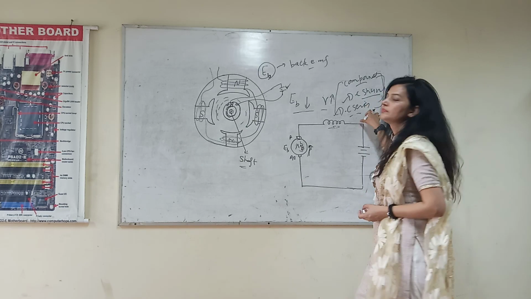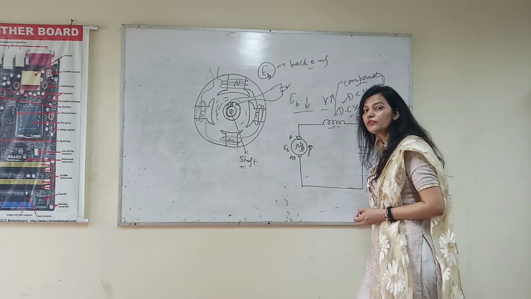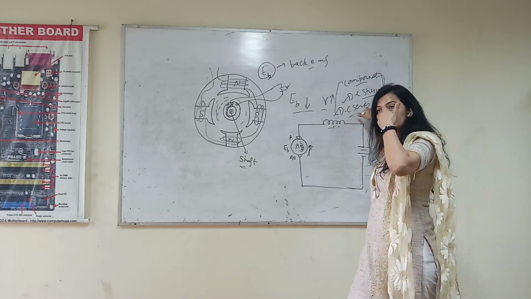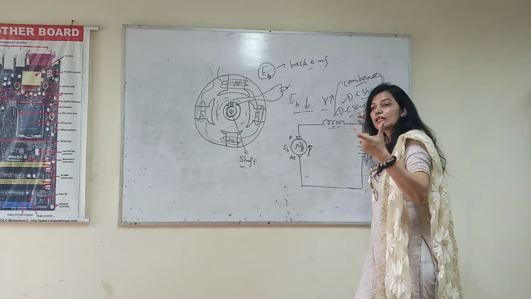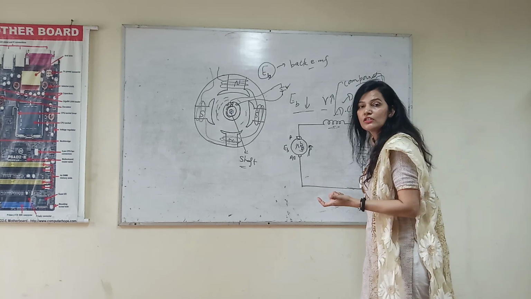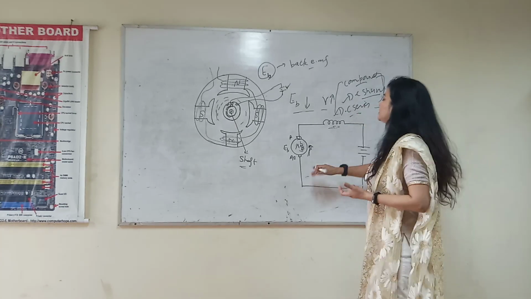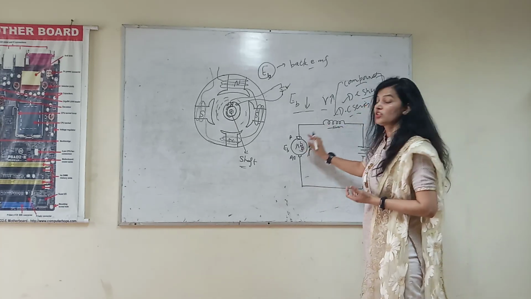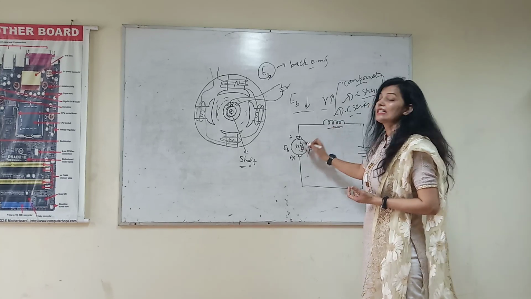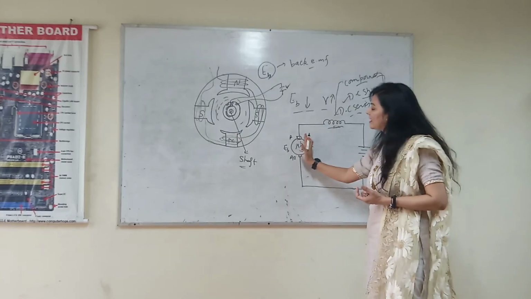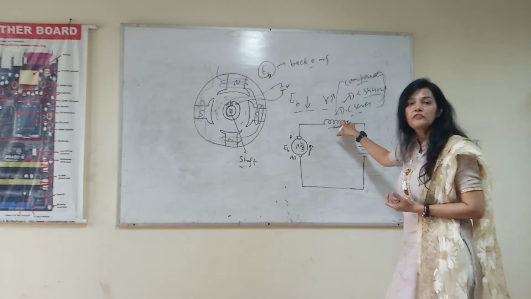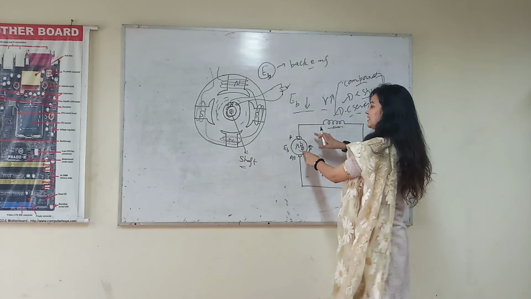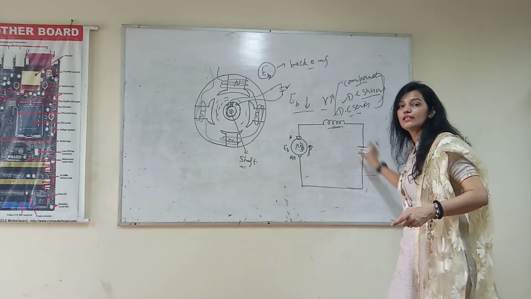These three are the types of DC machines, meaning in which way we provide the excitation to the DC machine. According to the connection, the field winding and armature winding are connected in such a way that they are in series. This is the armature winding, we are showing that this is the armature. This is connected in series with the field winding. When both these windings are connected in series, then it is called series winding.